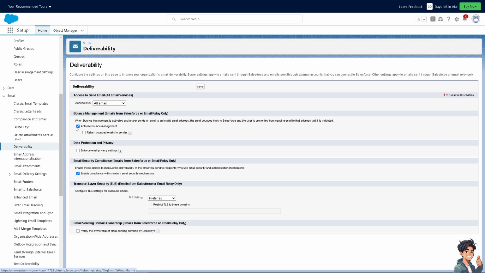Now, I want you to uncheck Activate Bounce Management and then click on Enable. If this is not checked, I want you to click on Enable Compliance with Standard Email Security Mechanisms. And then after that, I need you to click on Save. Right. Now, the next thing